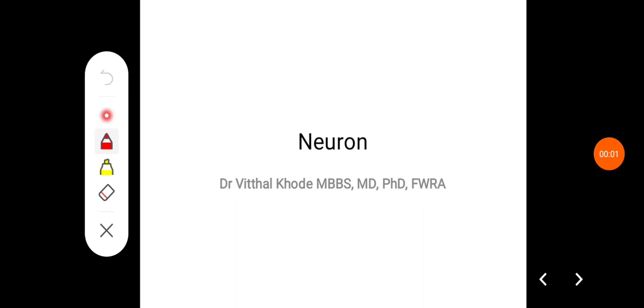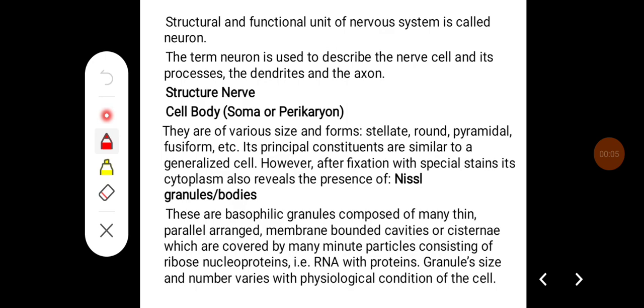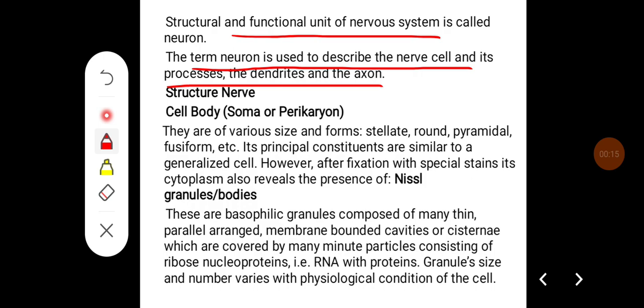Everyone. In this class, we'll try to learn about the neuron. Neuron is a structural and functional unit of the nervous system. The term neuron is used to describe the nerve cell and its processes, the dendrites and the axon. If you see the structure of the nerve cell, it is made up of the cell body, that is